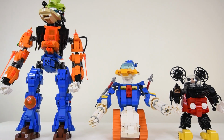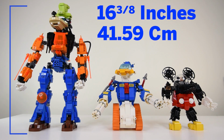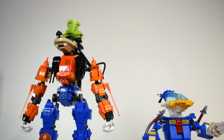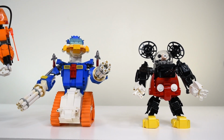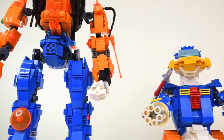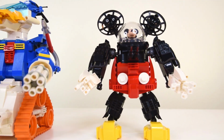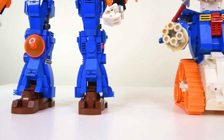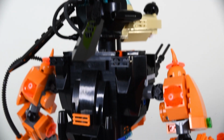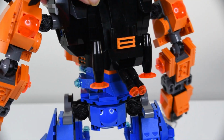The Goof Trooper's total height is roughly 16 3/8 inches, which is 41.59 centimeters for those of you who live outside of Burgerland. In fact, simply comparing his height to my two other Disney mechs, you can see him towering above his counterparts in Mecha Mouse and Duck Tank. So now we have the Goof Trooper to complete the squad of Disney Mech Warriors, joining in combat together to destroy the evil forces of, I don't know, Warner Brothers, I guess? What, am I gonna make a LEGO Bugs Bunny Mech Warrior next? What about,